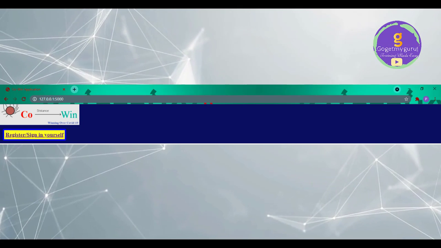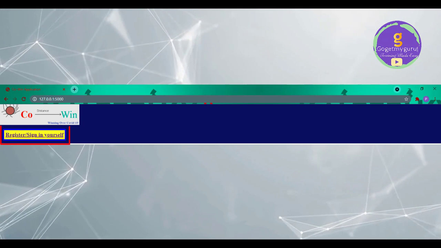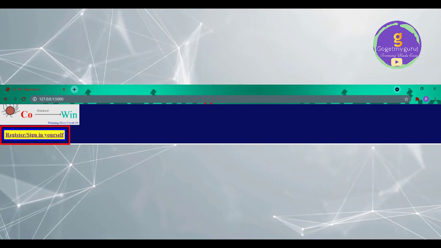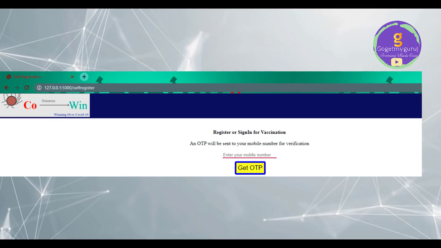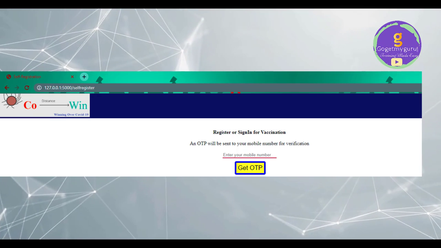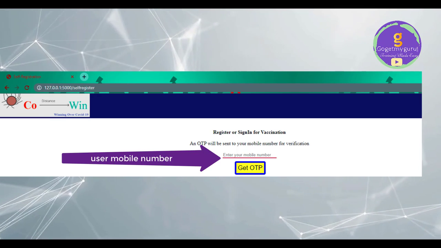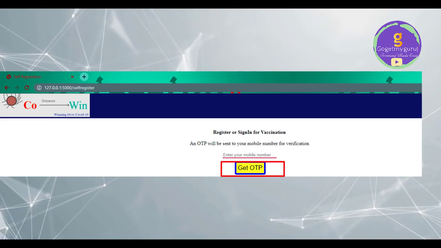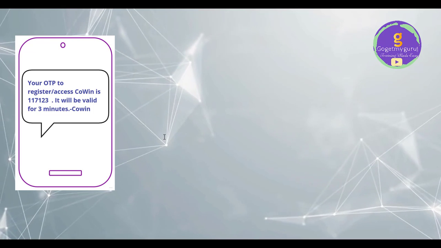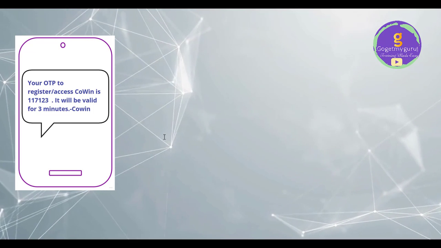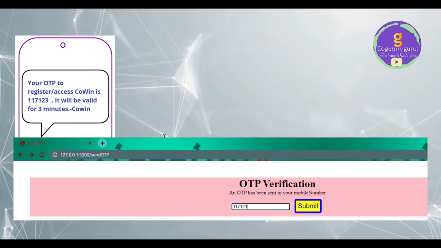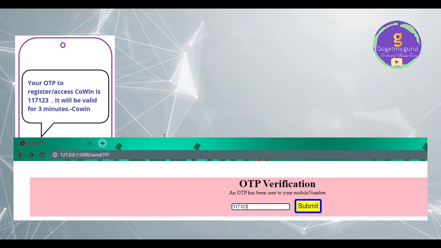We'll understand the scenario. This is the home page of the Cowin application. There is a link for register or self-registration. When the user clicks on that link, the user will get the self-registration page. Here the user will enter a phone number in the mobile number text field. When the user clicks on the Get OTP button, the user will get an OTP on the entered mobile number. Then the user will get the enter OTP page.